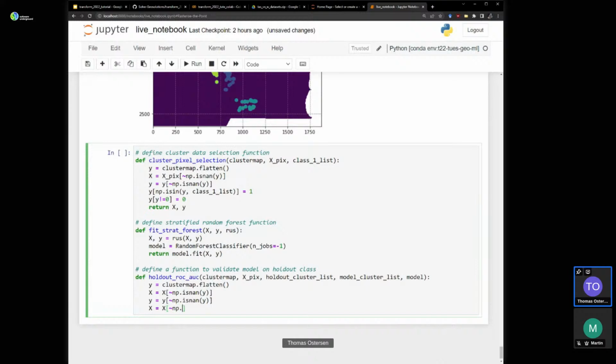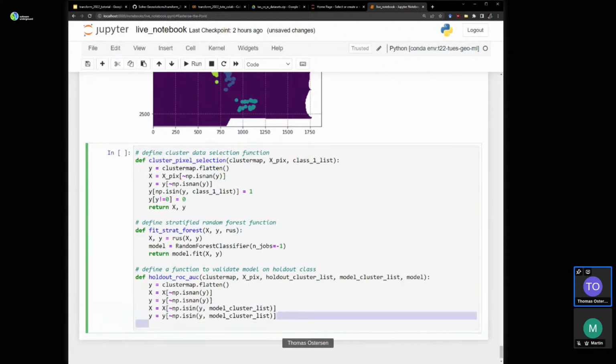So now we're going to remove from the data the pixels that are in our modeling cluster list based on our label set. So np.isin, Y model cluster list, Y, same thing, right?